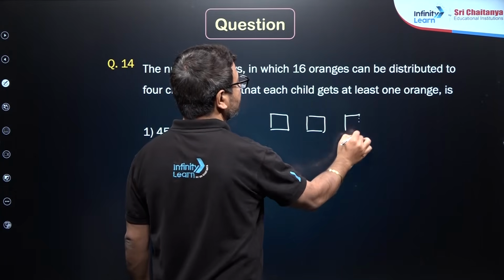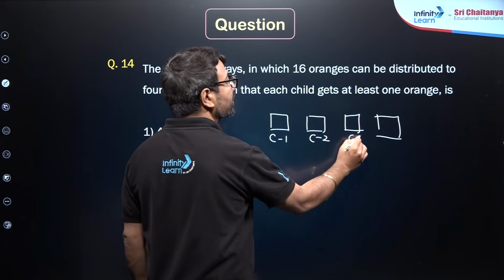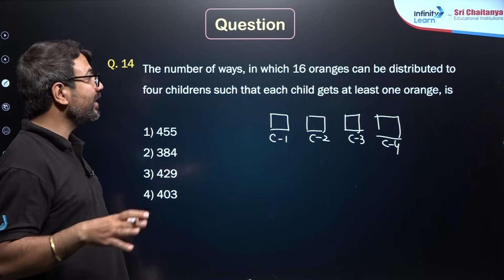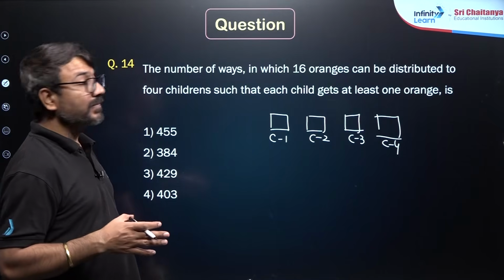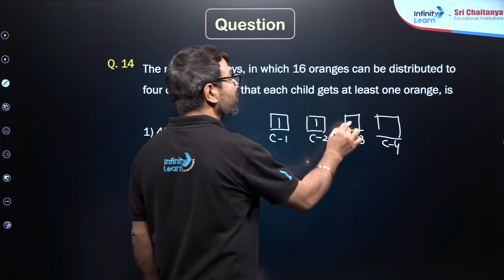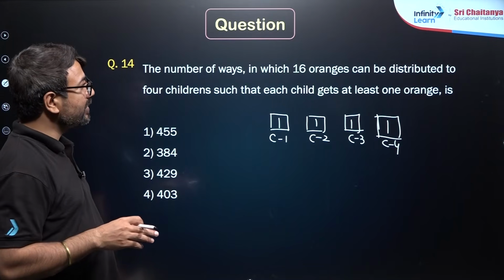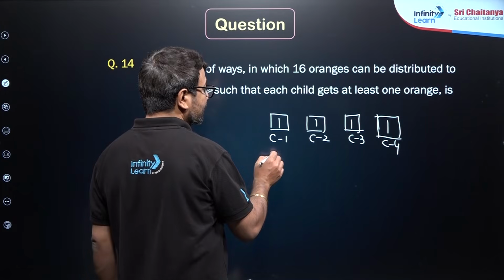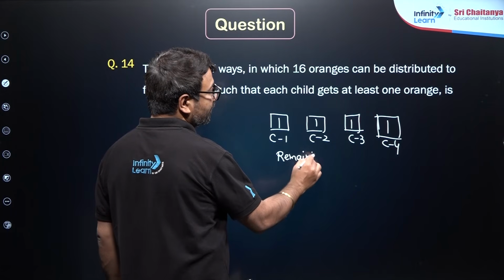How many are the children? So 4 children. Child 1, child 2, child 3, child 4. So these are the oranges which are identical oranges, although it is not mentioned, but the answer will be based on the identical. Okay, so there is some error in this, that these oranges should be identical. So first of all, you distribute them, all of them one by one, 1, 1, 1, 1. So if you have distributed these oranges to them, then what you need to do, you have to write here 16 oranges are distributed 1, 1, 1, and now you are left with the remaining 12